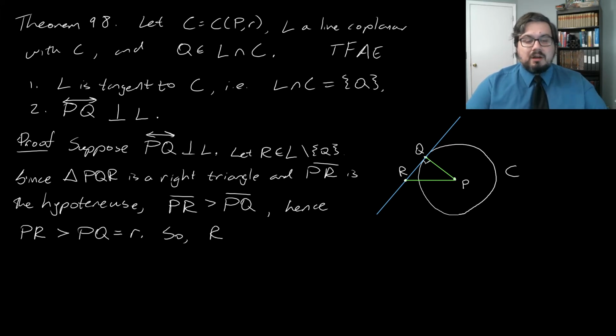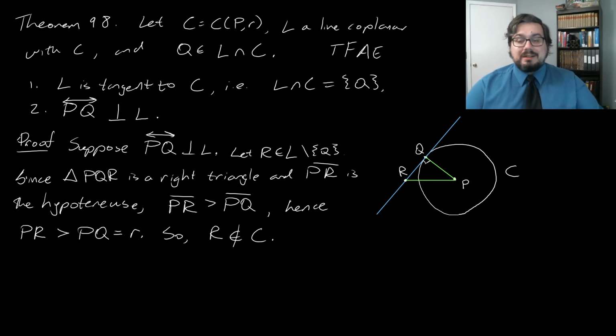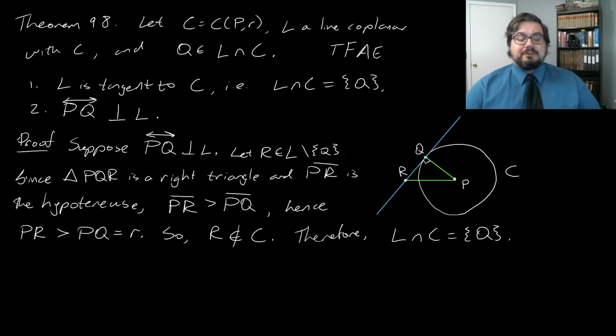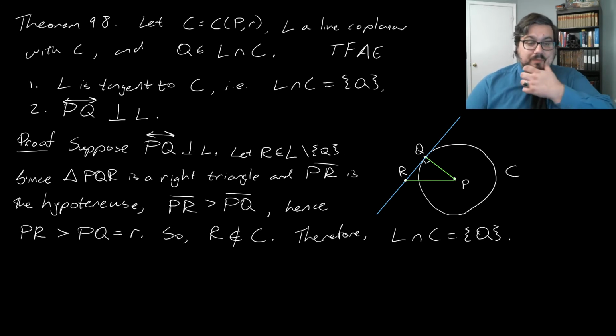So that means that R is not in the circle, because the distance from P to big R is bigger than little r. Now, since this holds for all points R in the line other than Q, that means that the intersection of L and C can only be the point Q. That's the only point we can have. Okay, so that gives us one direction of the